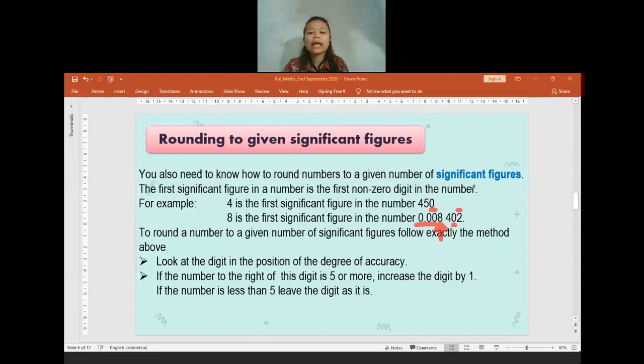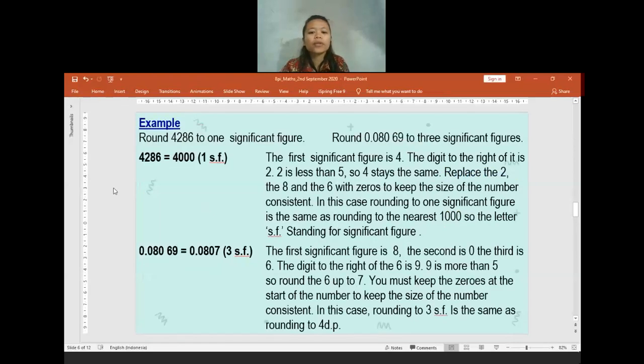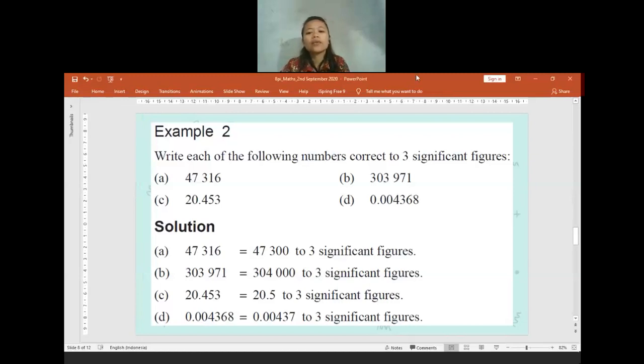No? Okay, yeah. If there is another number in here like 4, the 0 in here will matter. But if the numbers start from so many zeros, it will not matter. So we will not count it as significant digit. That's why for example 2 at the question D, the first significant digit we will start from number 4. Start from 4. This is the first significant digit.